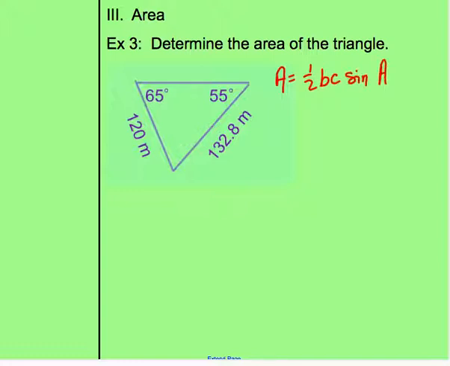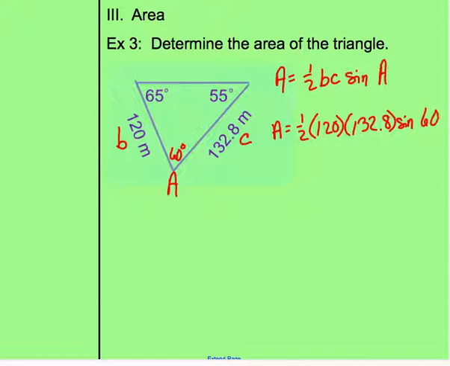So if I'm going to set up my triangle with the information I know, I could call this B and this C. Angle A is the included angle, or the one that is formed by those two sides. So using triangle sum theorem, I get the measure of angle A is 60 degrees. So the area of the triangle is 1/2 times 120 times 132.8 times the sine of 60. So for that, I got about